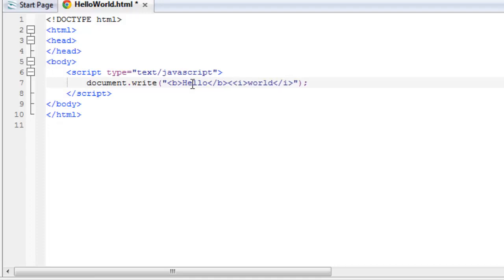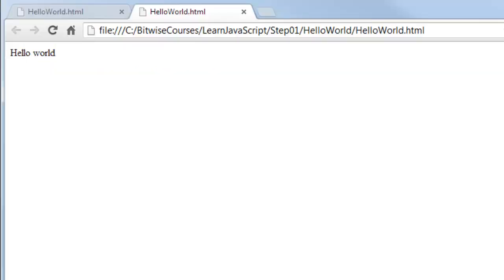So the break, BR, will put a line break between Hello and World. I can check that works, load up my web page again, refresh it, and there you can see the text has been rendered with bold, italic, and with a line break